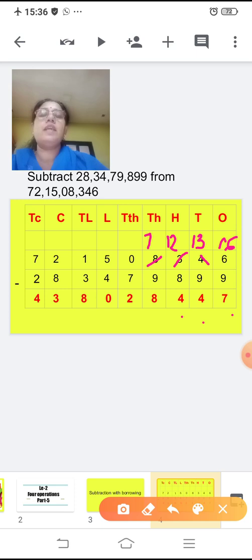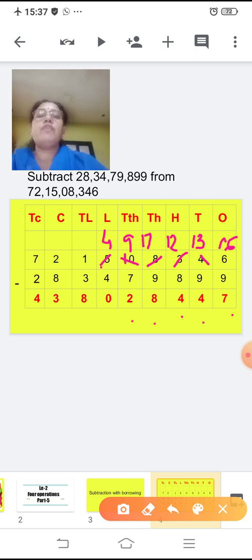Coming to the thousands place, in the same way, 7 minus 9 cannot be subtracted, the subtrahend is big, so you'll borrow from 0. Now can you borrow from 0? No, the number in the 10,000 place is 0, you cannot borrow from it. So first you will borrow from the lakh place and make it 4, and this number will become 10. Now from this 10 you will borrow 1 to the thousands place, so this will become 9, and this will become the number 17. Now 17 minus 9 you can do, so it will be 8, and 9 minus 7 will be 2.